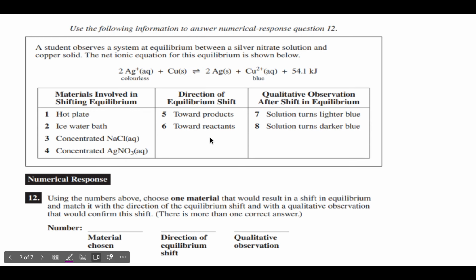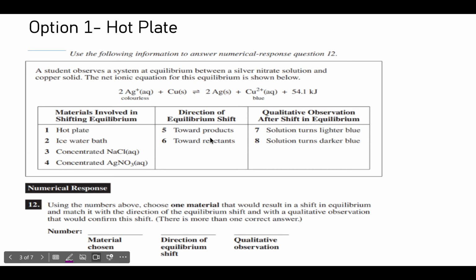Okay, so here's a more recent diploma question regarding shifts that's a little bit different because there's many possibilities in terms of the answer depending on which material you're choosing. So we have our equilibrium equation, and then we have the different shifts or stresses that we can cause to the system, and then based on what you choose here, we would be able to answer these two. So there's a lot of different possibilities here, but they have to still be right. So I just wanted to show an example that would go through each of the possibilities depending on what you